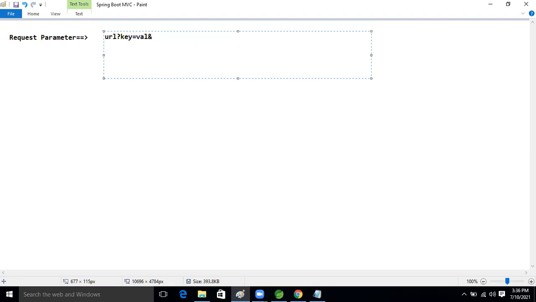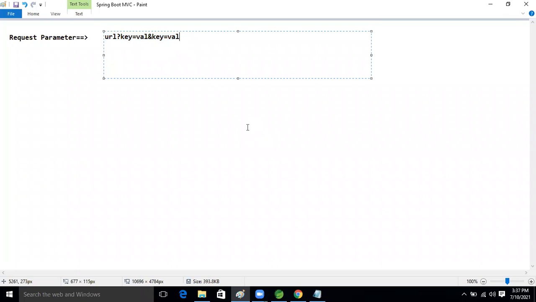With the and symbol, after that key and value. This is nothing but a query parameter. Using query parameters, we are making the request to our application now, guys.